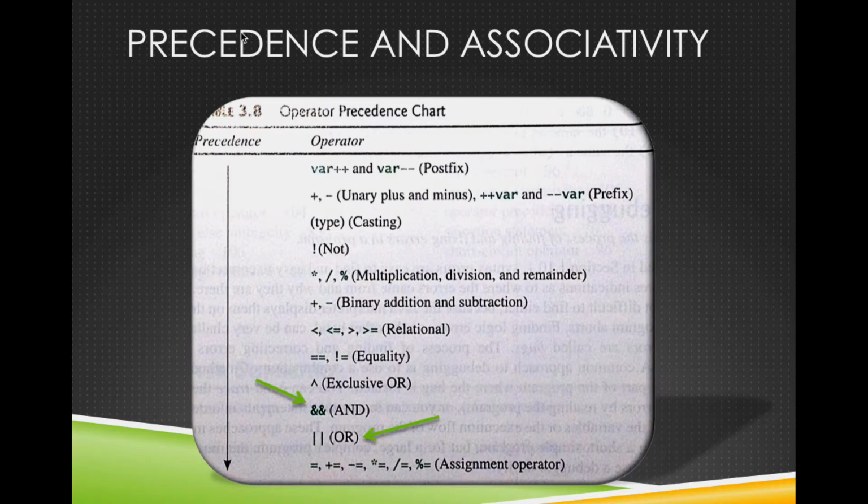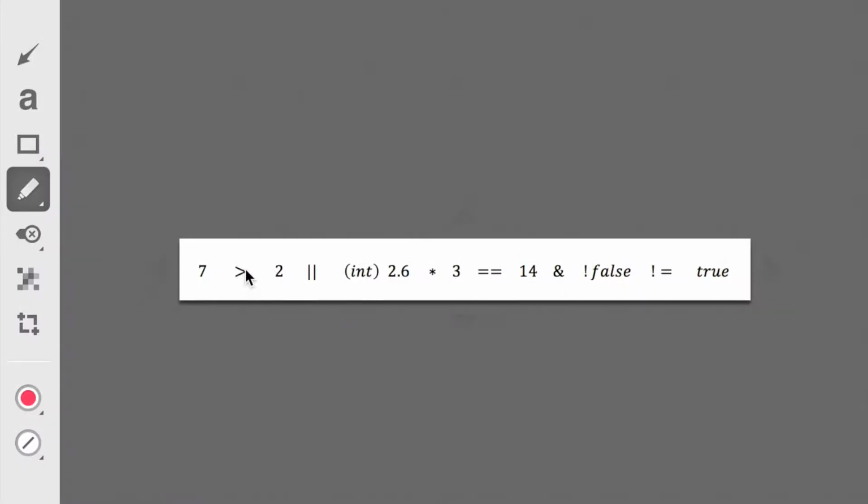This is the chart you get in your book of the order of operations. Be sure to understand this. This is important. This is what screwed me up on my test. You have to evaluate things with ands first. This is a problem you could have in your test to put in parentheses that follows the order of operations